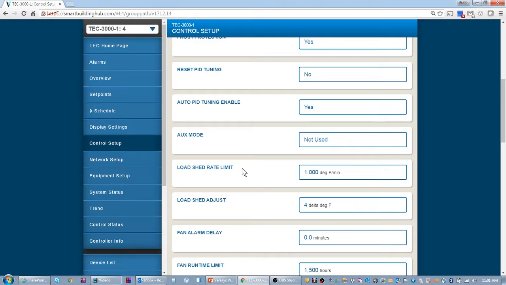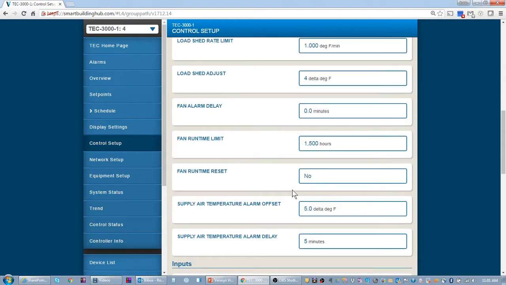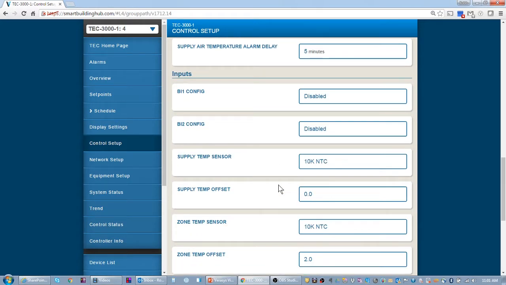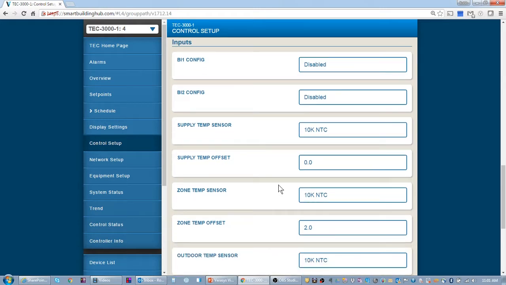Appendix B will go through each one of these and tell you what it means and how to use it and how to set it up. There's also an installation guide that will go through these configurations as well. So the install instructions will go through this as well. So rather than spend more time on this video going through each individual setup, I'll let you look at the